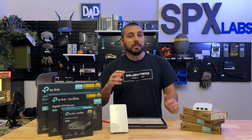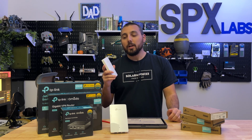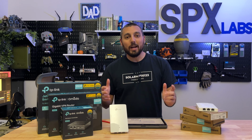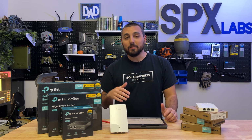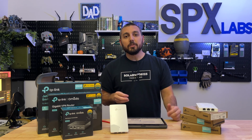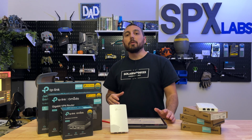And remember, this is totally unoptimized. That is just letting the TP-Link hardware figure out what channels it needs to be on, what frequencies, all that, the bandwidth, all that stuff. It's just totally figured out by the device itself, or whatever magic is going on in the background there. So you could probably improve these speeds at home if you just played with your radio settings and really fine-tuned it if you wanted. Again, that's not something we're doing in this video, but nonetheless, I'm pretty impressed with these,